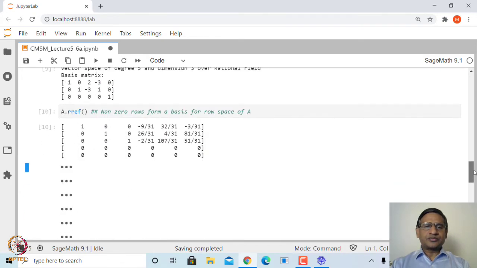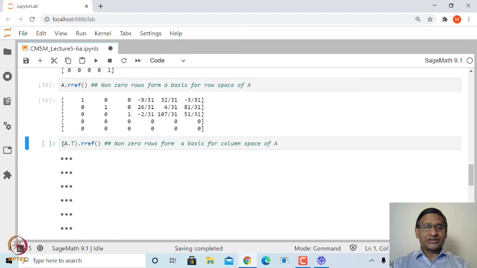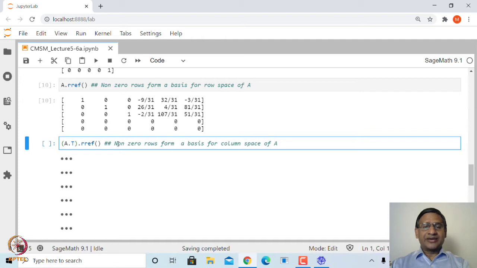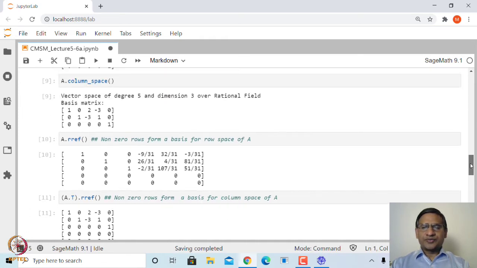Similarly, you can take A transpose and then apply RREF, which will give you a basis for the column space. Here again you have 3 non-zero rows, and these 3 non-zero rows form a basis for the column space, and that is exactly the same as this column subspace.